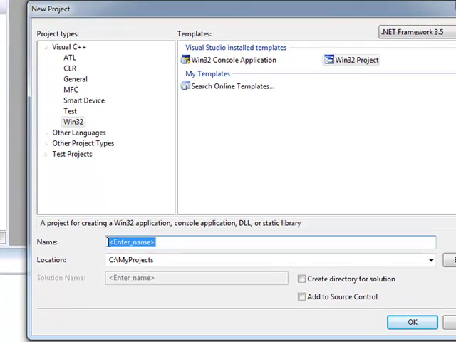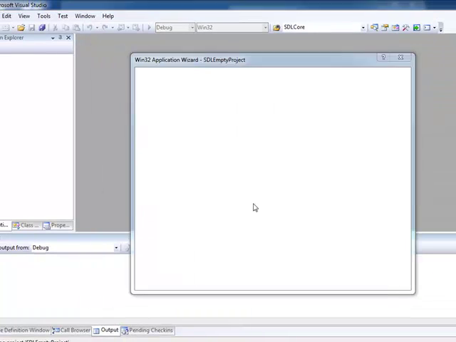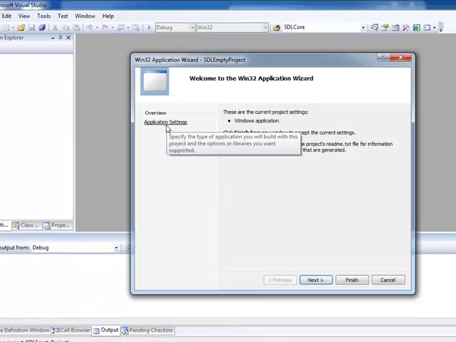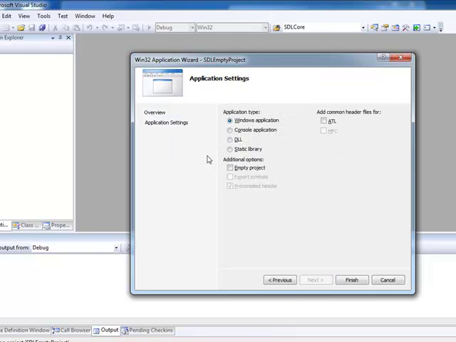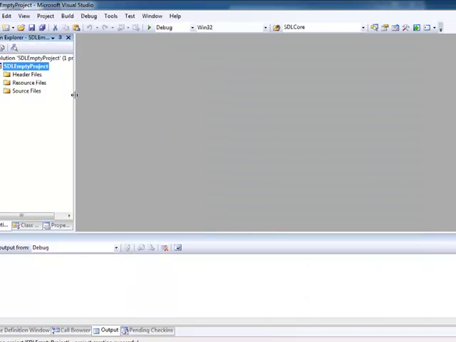So let's go ahead and create a new Visual C++ Win32 project type, and we'll just call it SDL empty project. This is going to be a very basic project here. We're going to be opening up a window and running in a main loop until we then close everything down. So for application settings, let's go ahead and create an empty project, finish,